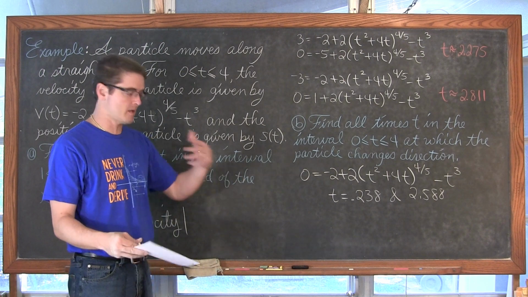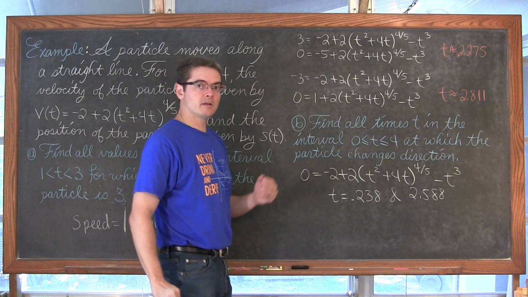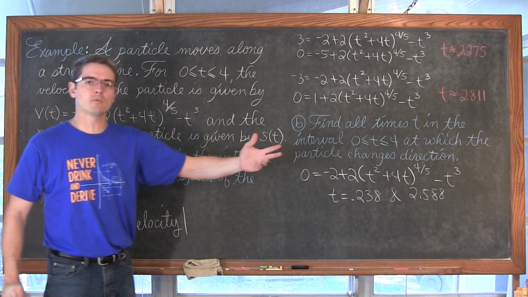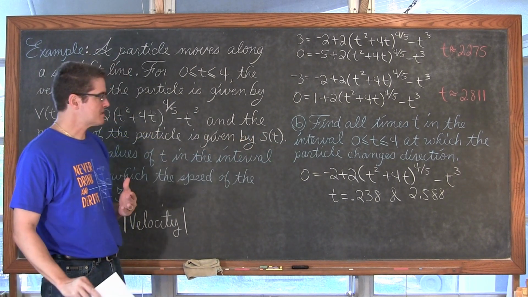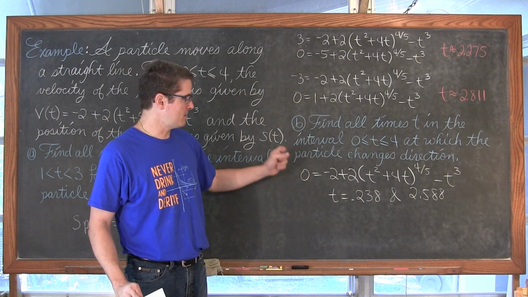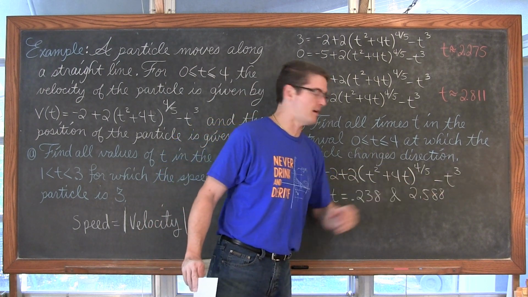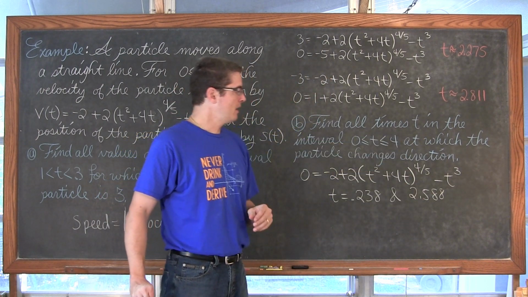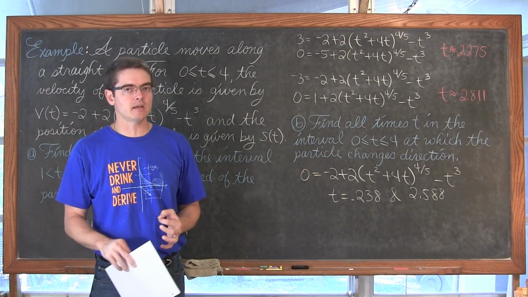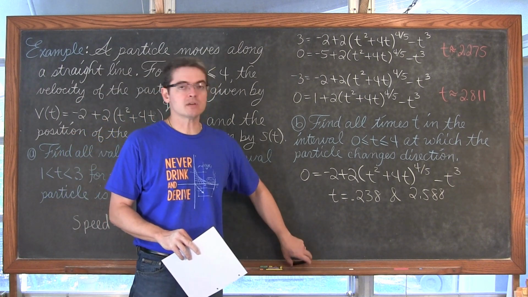To justify our answer, again, if I'm going to change directions, if my velocity is positive, becomes 0, and then becomes positive again, I didn't change direction, I'm still walking to your right. The velocity has to change sign. So we need to set up some intervals based on going from 0 to 0.238, and then from 0.238 to 2.588, and then carrying on to the final time value of 4, and show and state that the sign of the velocity function is changing. That's when the object changes directions.